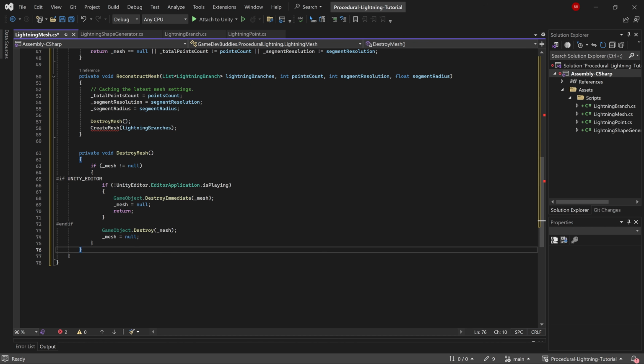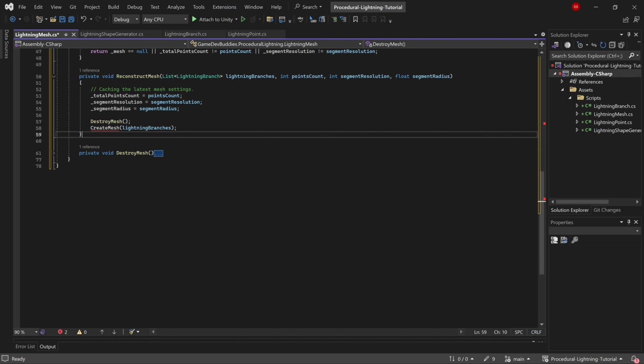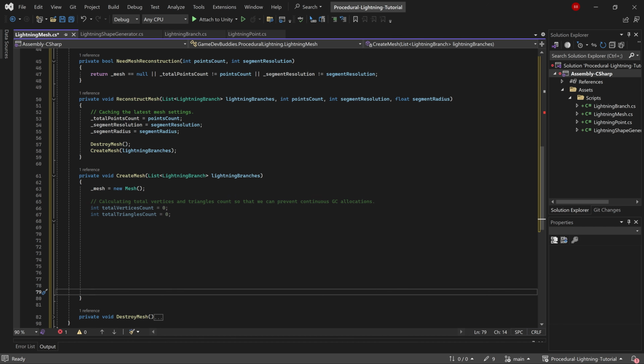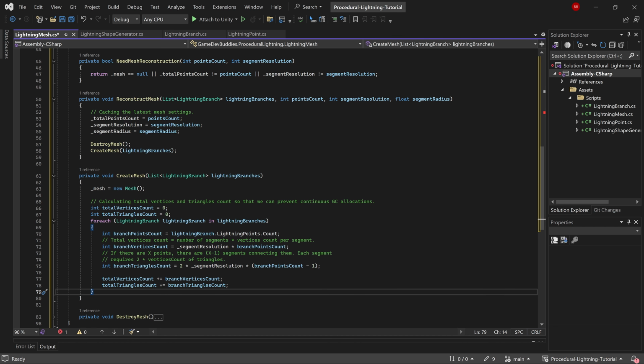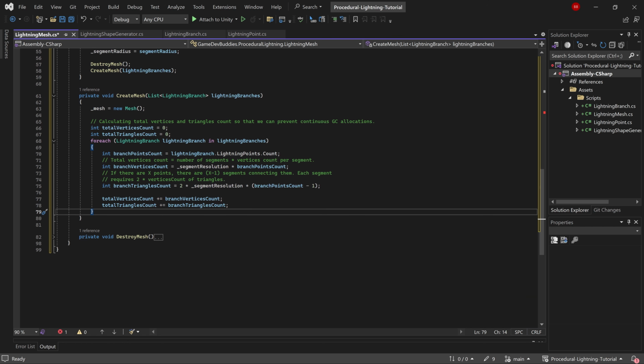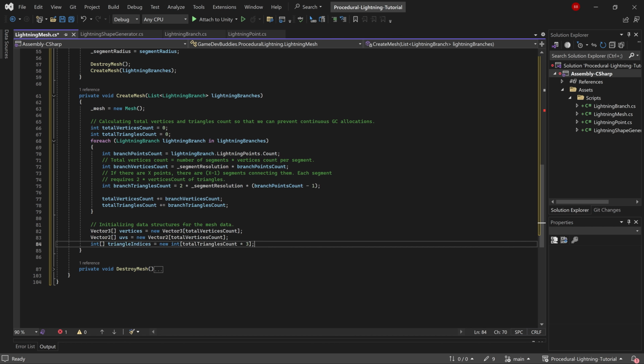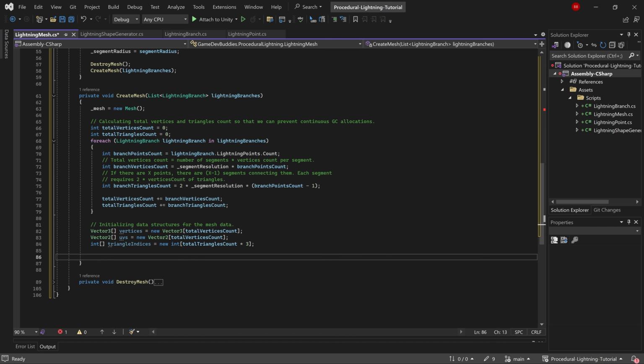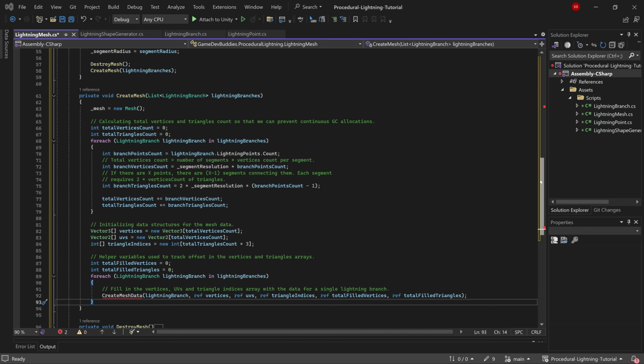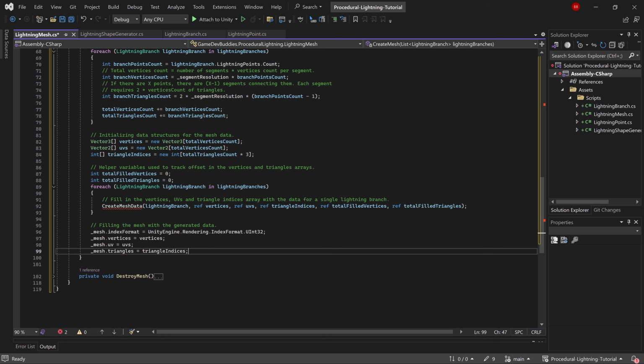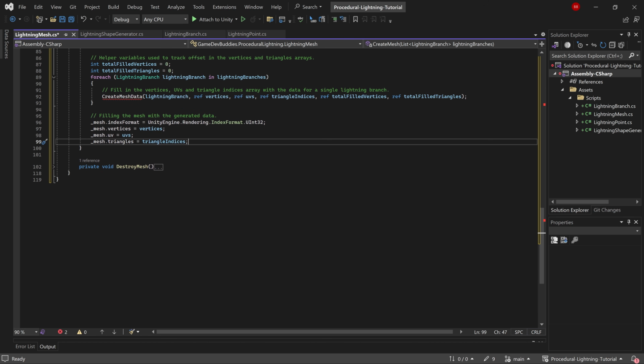Let's separate the creation process into a new method. The first thing we need to know is how many vertices and triangles this mesh requires. After calculating the required number of vertices and triangles, we can allocate the required memory. We're going to fill in the mesh data required for every lightning branch and finally assign the data to the mesh asset. However, this method is getting a bit too big already, so let's extract the mesh data creation logic